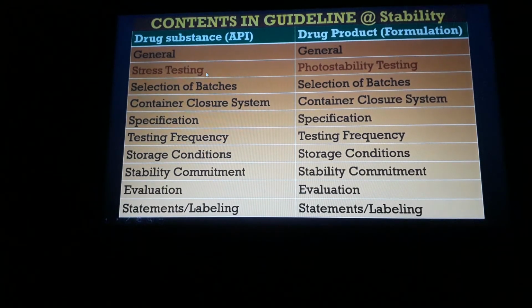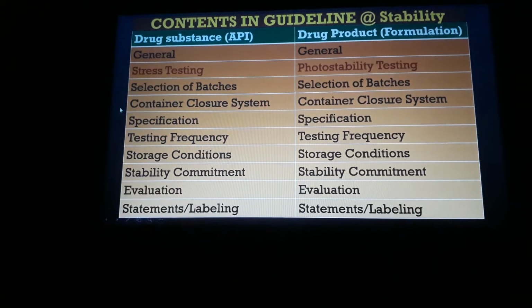And after that, stress testing, how to conduct stress testing for the drug substance, and what are the batches you have to select, how many batches, selection of batches, and what is the container closure system, what is the storage and packing condition you have to use for the stability study, and specification, what are the specifications you have to use for the stability testing, and what is the testing frequency, how frequently you have to test the material during the stability study, and the storage conditions, what are the different storage conditions with respect to the climatic zones,